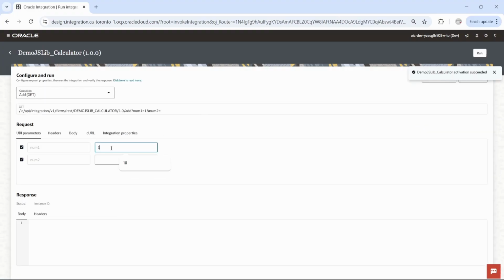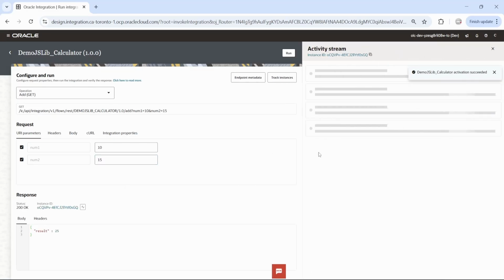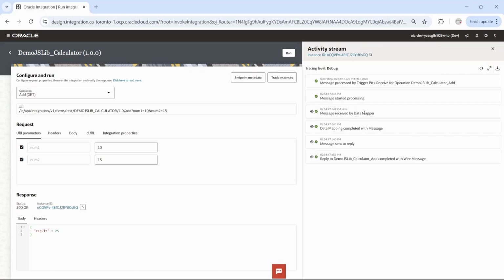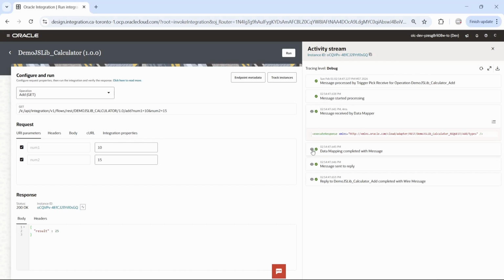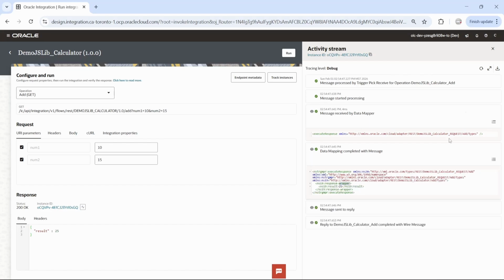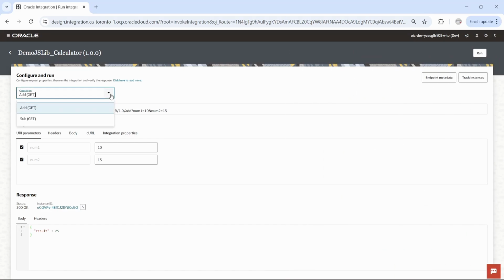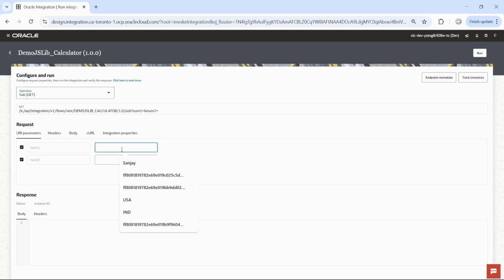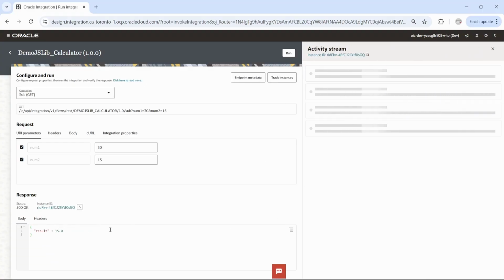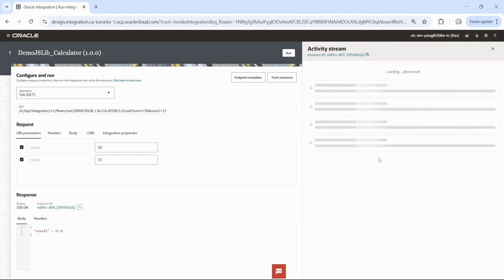For add, let's just add 10 and 15. We'll run it, and the result is 25. And as we can see here, in the activity stream for this instance, our data mapper ran and it resulted in 25. Now we can change the operation from here, and let's just subtract 30 and 15, and let's run it. The result is 15,